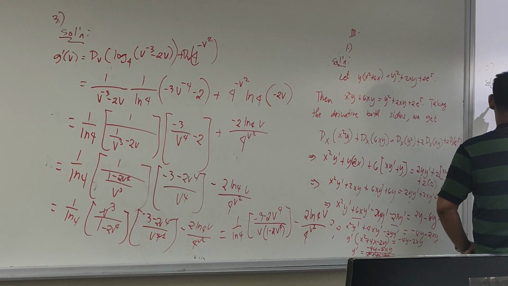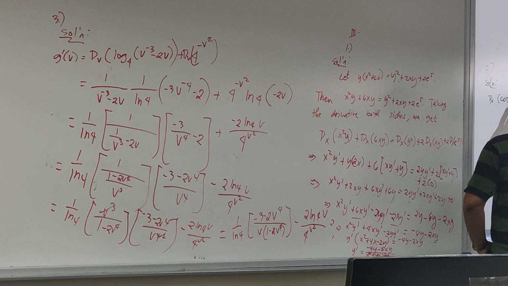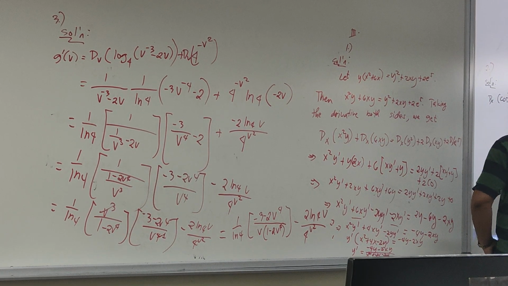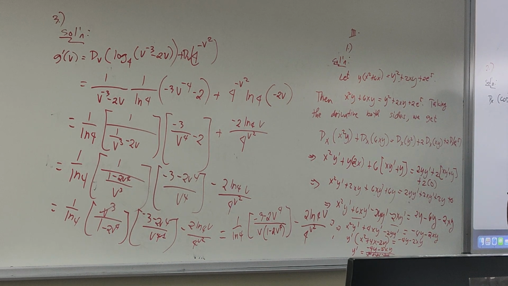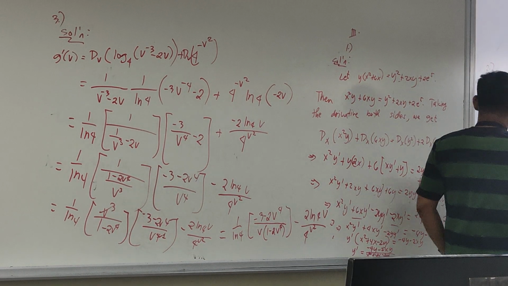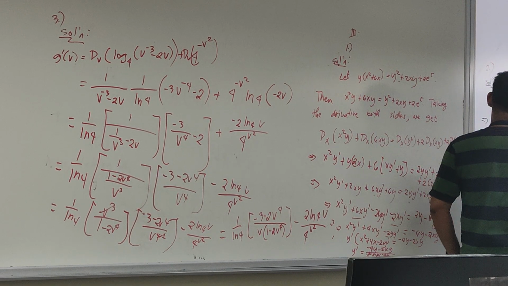So take the derivative of both sides. So we have cos sine inverse of xy minus 1, plus 3 to the xy, plus 2 times x squared y squared, is equal to the derivative of xy plus the derivative of y. So what's the derivative of cos sine inverse of xy minus 1?